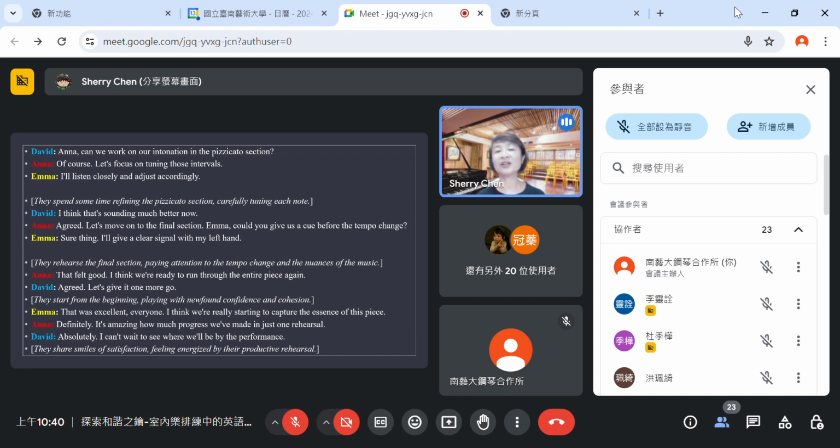So this is a very polite rehearsal, giving each other suggestions, and they're trying different things, and they're all satisfied at the end. Okay, of course, this is the best scenario, but I've also seen rehearsals where people start fighting or having disagreement or can't come to a conclusion. So that is very, very common.